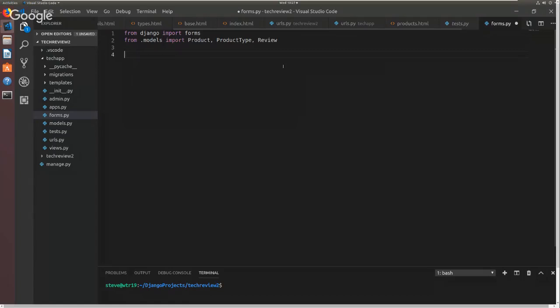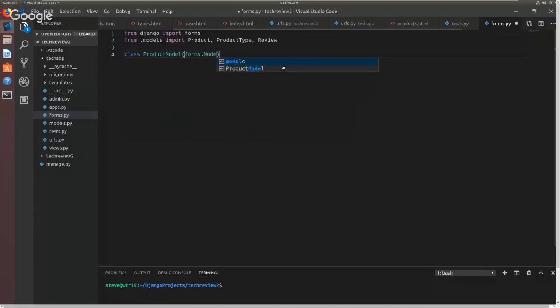All right, so those are the two imports that we need. We need to import forms, and we need to import products. Now, a form is going to be a class, kind of like the models were classes. I'm going to do product model. We'll do this first. And what we're going to do is from forms, we're going to import